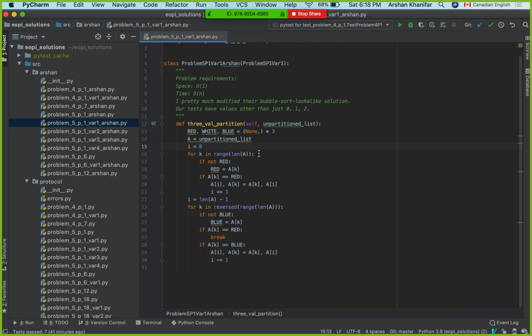So for k in range len 1, this is basically going from left to right. The first value that I see, if red is not defined, then I set red to be that value. Yes, and then you're skipping that if statement every time after that. Yeah, every time after that, this if statement gets skipped, and if anything is red, I don't care about its value if it's white or blue. If it is red, then I basically just swap it. And when I come back from the other side,